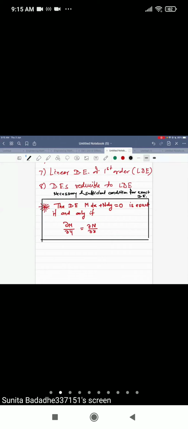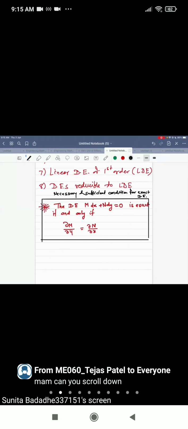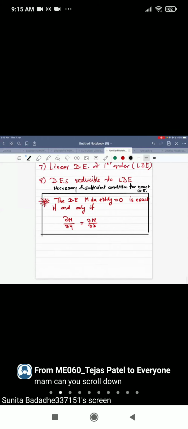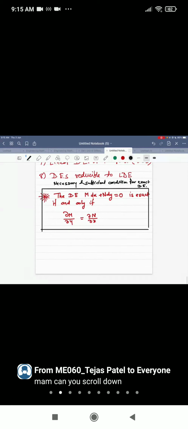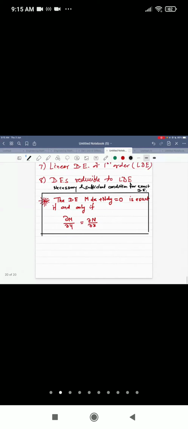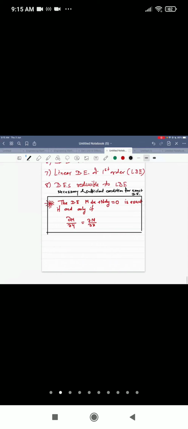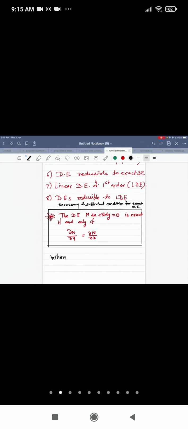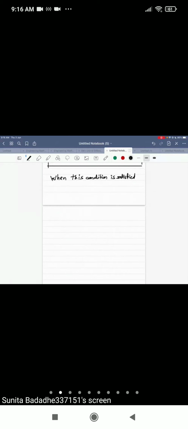You need to know how to apply the theorem. So when this condition is satisfied, the general solution